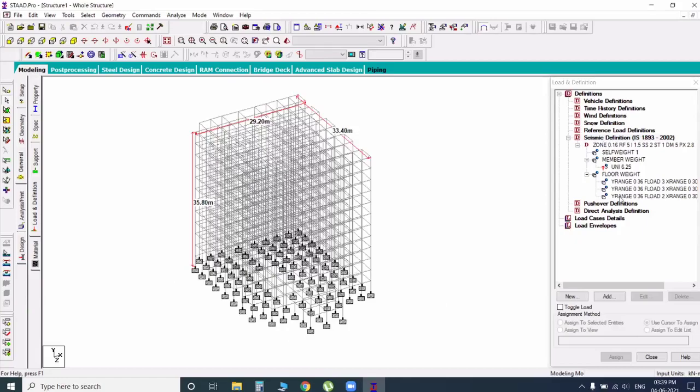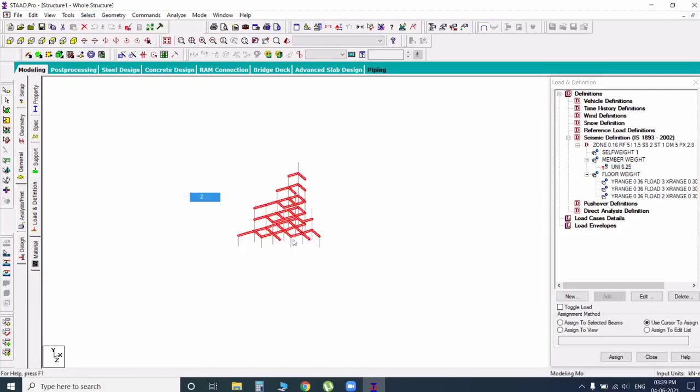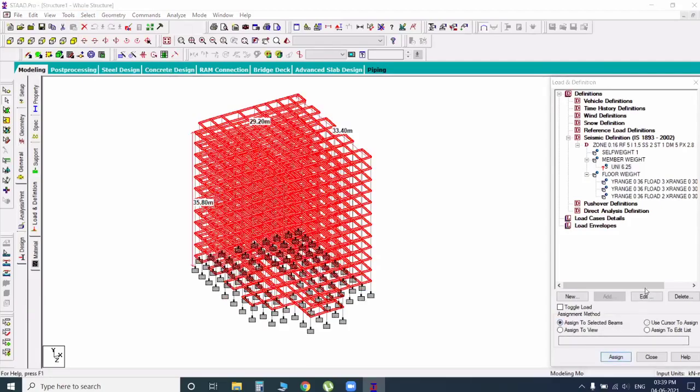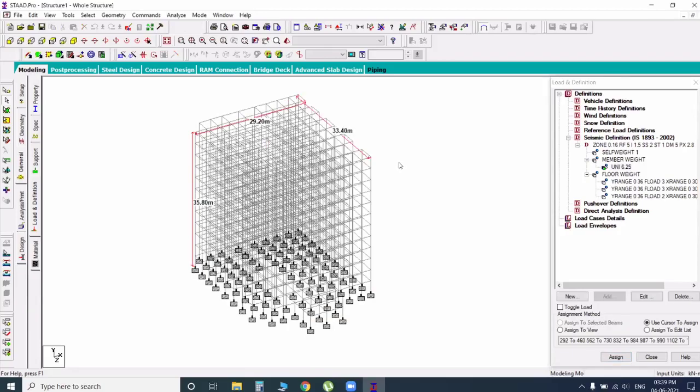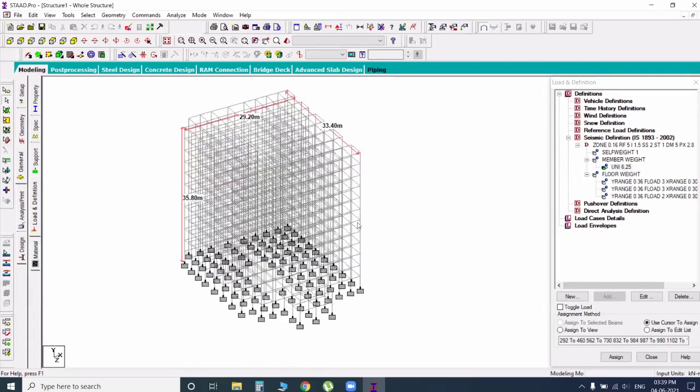So after completing the seismic adding, here we have only one question mark, that is our uniform load. Uniform load means wall load. Wall loads we apply on beams, in X and Z directions, sustained to the selected beam. Okay, in seismic, even if you have not constructed the wall, you can do the analysis, because next year or after 10 years maybe you construct the wall on that beam. So that is the reason we cover the wall load on maximum all the beams.